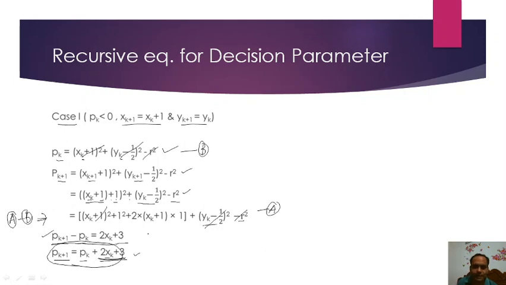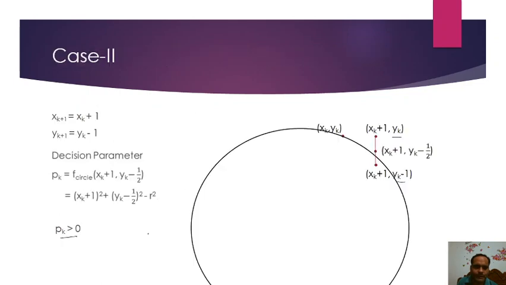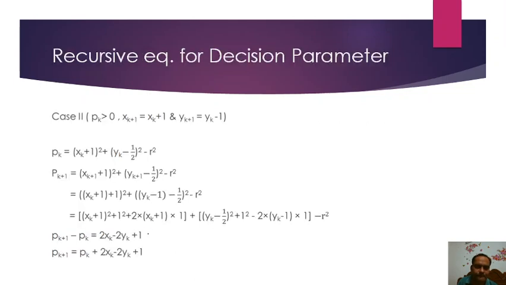To start, just a minute, let's discuss case 2 also. In case 2, the recursive equation for finding the decision parameter varies a bit, because in this case pk is greater than 0 and x is incremented and y is decremented. So we will use these values. So the decision parameter